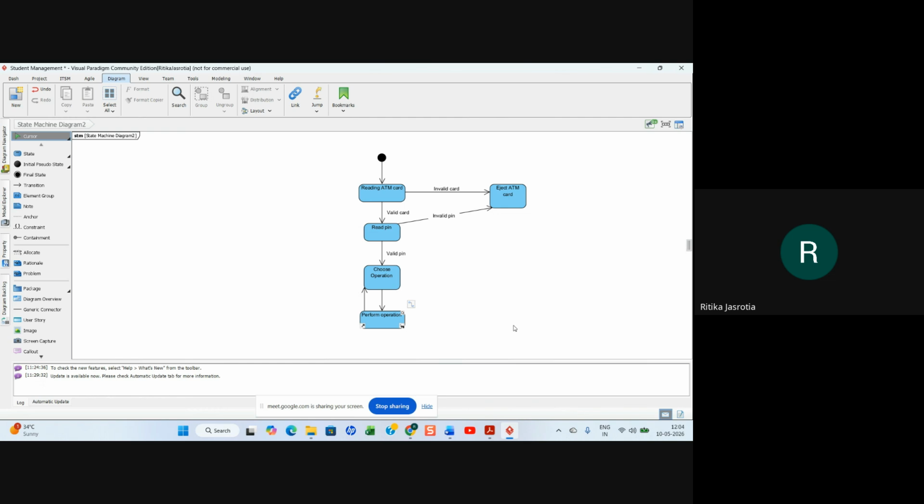If you want another transaction, here we are writing another transaction. You can show it like this.